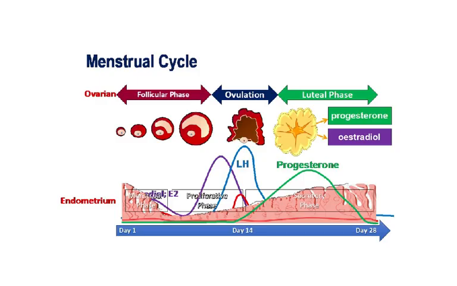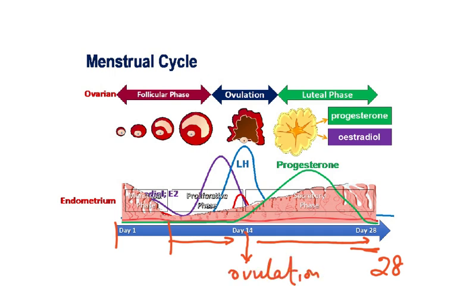Now, the first thing you need to understand is, what is the menstrual cycle? The menstrual cycle is a 28-day cycle, and you can very easily divide it into this phase, which is the menstruation phase, and then this phase in which the lining repairs, and then the lining remains thickened, and on day 14 you have to understand there is ovulation. So let's divide it into a few compartments, and then understand the different phases of the menstrual